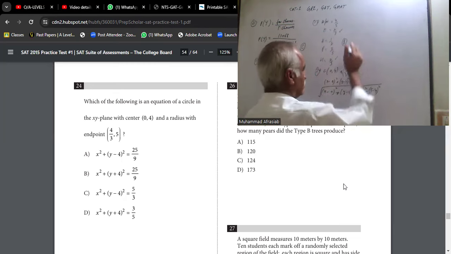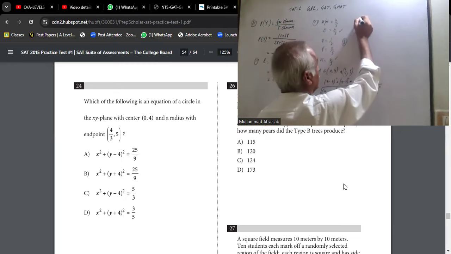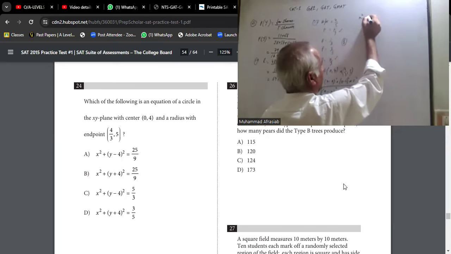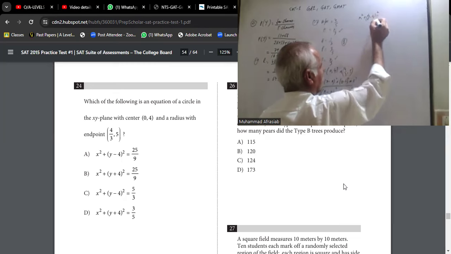So if we use squaring on both sides, x square plus y minus 4 whole square is equal to